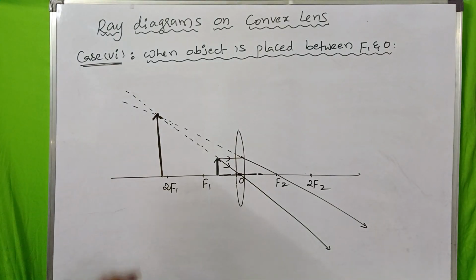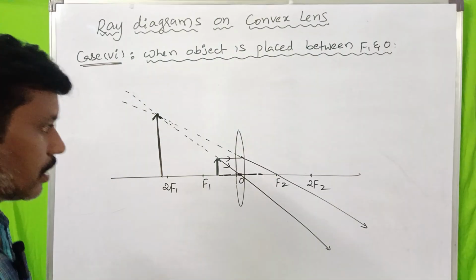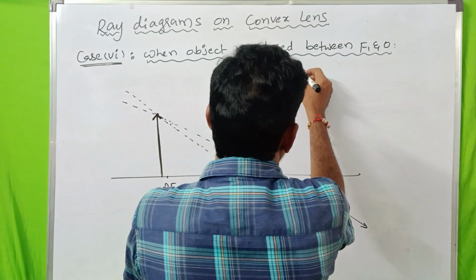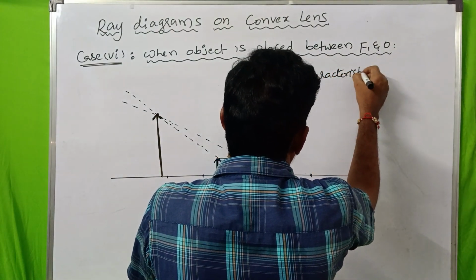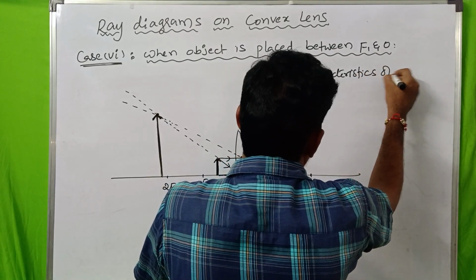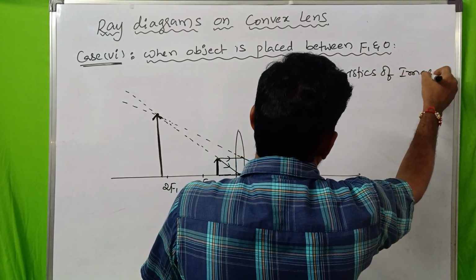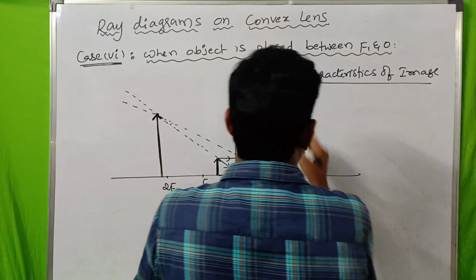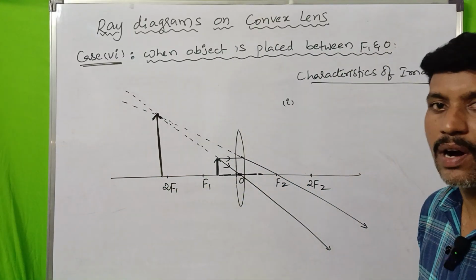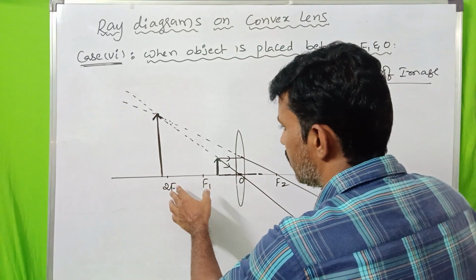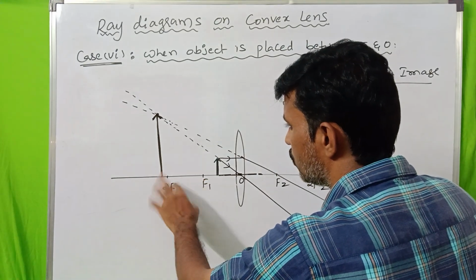Okay, right. So now it is the image. Right Nana, let us write the characteristics of image. Characteristics of image. Nana, look here. Characteristics. Image is formed between F1 and 2F1, no need